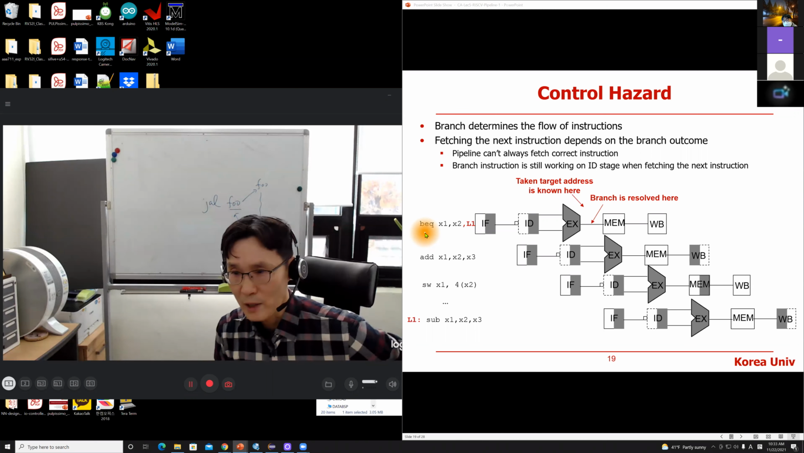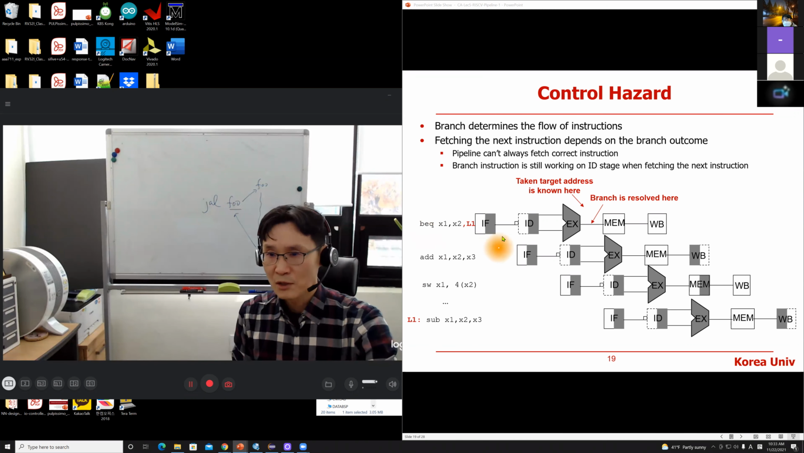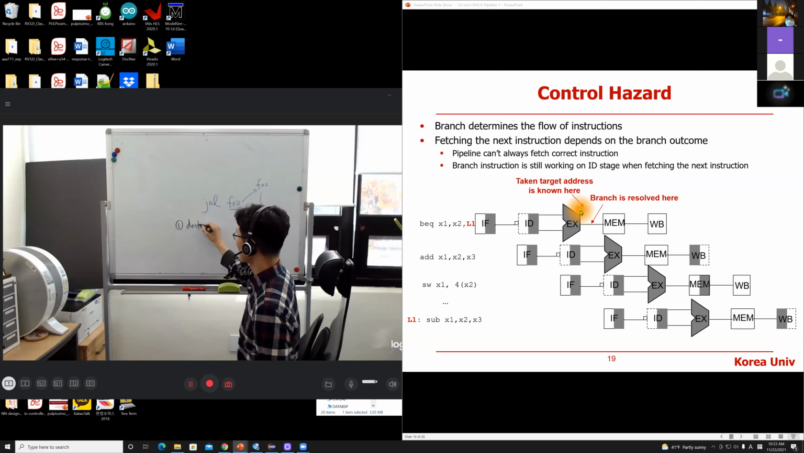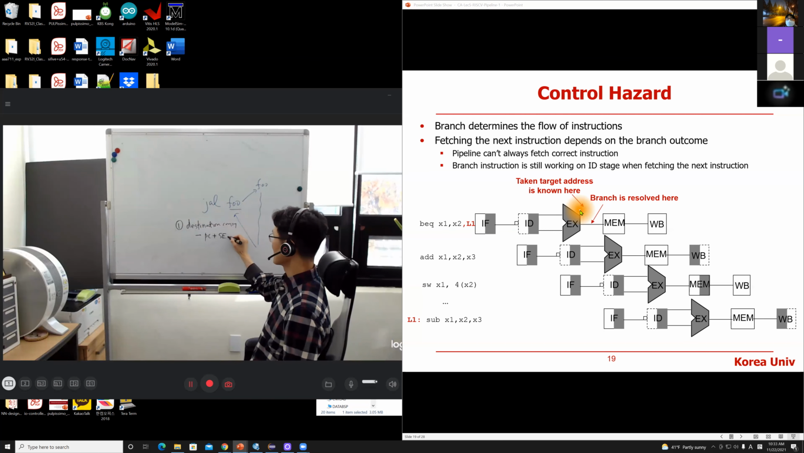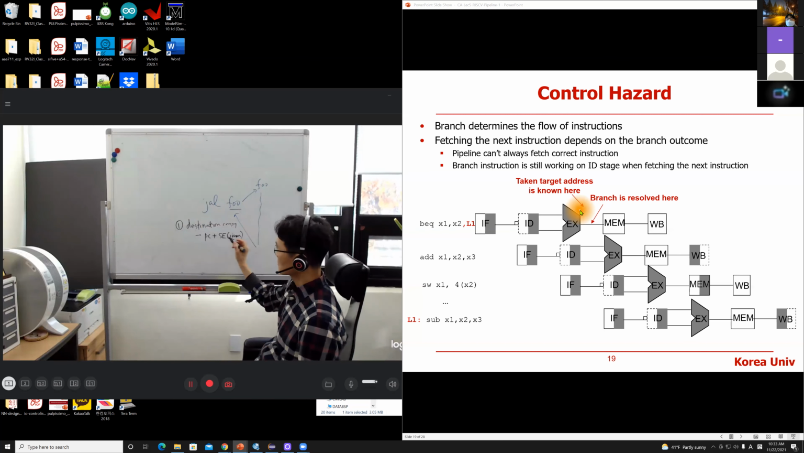If you draw the pipeline execution diagram, it looks like this: fetch, decoding, and execution. And branch is resolved in the execution stage. Branch resolution: what do you mean by branch resolution? The first one is destination computation. What is the destination? PC plus sign extended immediate. That is the destination. Second thing,